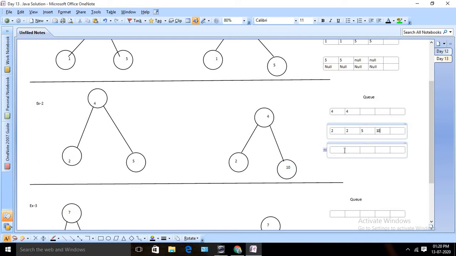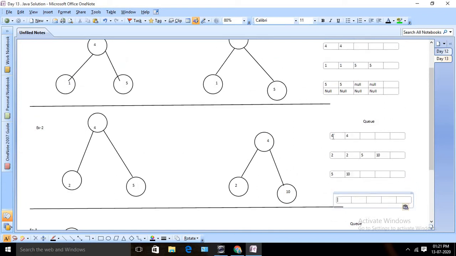Yeah, in the next iteration it will look like 5 then 10, right? After that we can see that it is mismatching here, right? 5 is not equal to 4, so it is mismatching here, and we are going to return false. We don't need to perform any action because these two values are mismatching. So what we are doing, we are inserting both nodes, then we are comparing those, and if it matches all the criteria, then we are going to insert its child nodes, right and left, right?